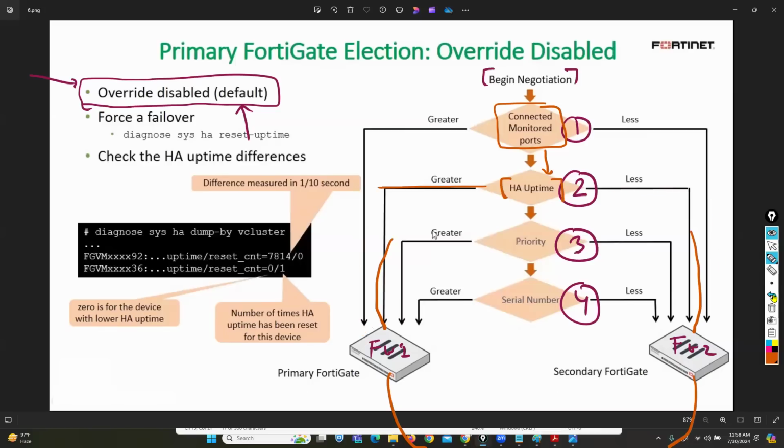In case you have equal HA uptime on both firewall devices, so equal connected monitor port and equal HA uptime, then the tiebreaker is higher priority value. The default priority value on each FortiGate firewall device is 128. For example, if I'm using 150 here and 130 here,